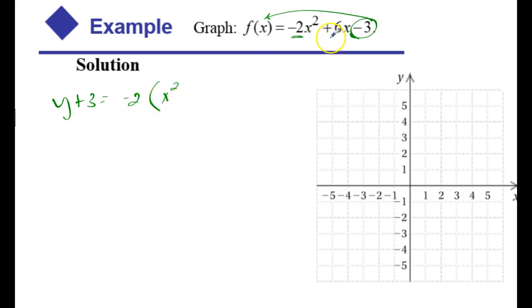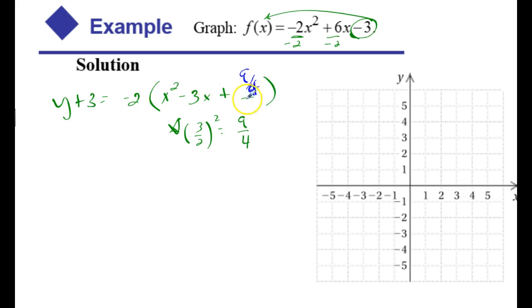So if I factor out a negative 2, this literally divides each of these terms by negative 2, giving me a negative 3x, and that means I'm going to have some fractions here. So if I take half of 3 and square it, I get 9/4. And 9/4 is the number that I'm going to add to this side. However,